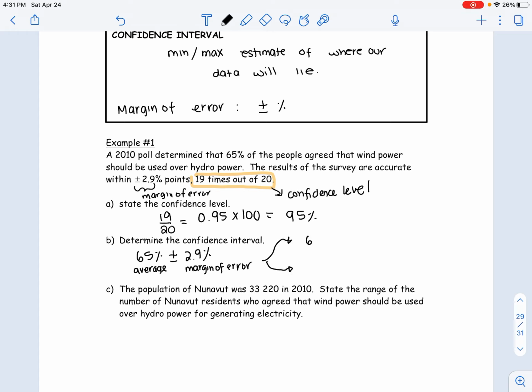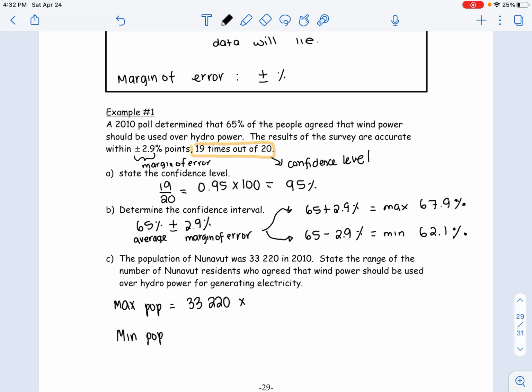this data. To find our max, you take the population, 33,220, and multiply it by the decimal form of the percent that we have above for max. So actually, to make our life easier, step 1 is I would take my max and divide it by 100, so it'll be fewer steps later on. You need the decimal form, and then the same thing for min. Take your minimum percentage from question B and divide it by 100. So you need the decimal form in order to figure out the population.